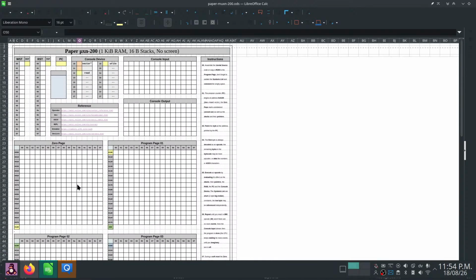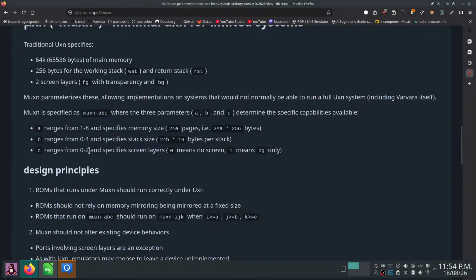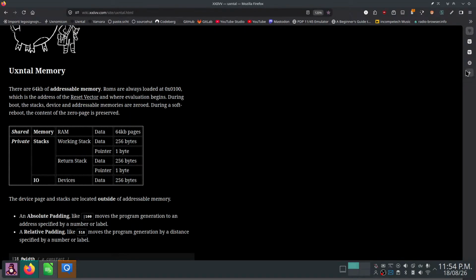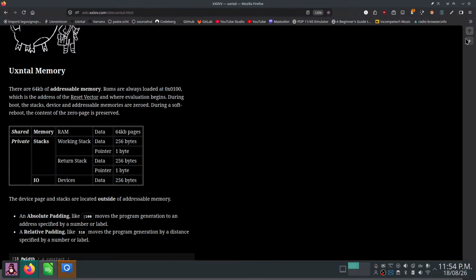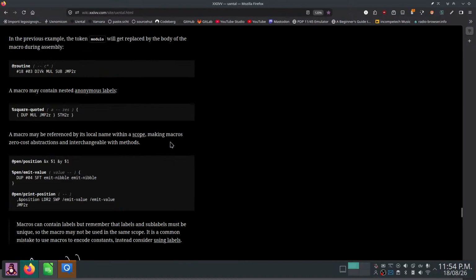Okay, I will go into more detail over this. Just let me finish the explanation. So this is what mxn is, and this is the normal memory layout. I have also explained what a paper computer is. Now I want to